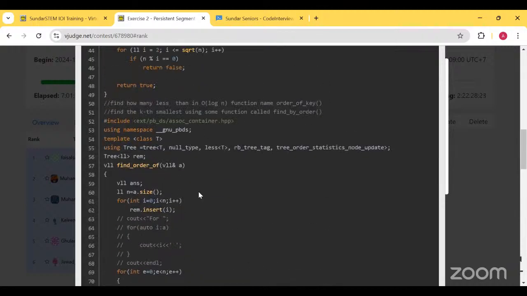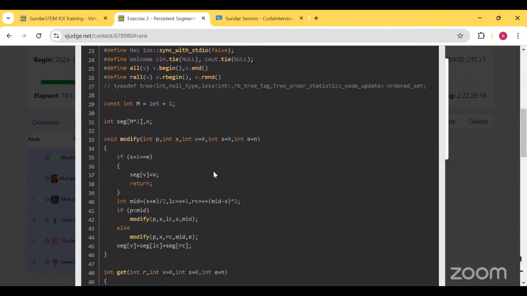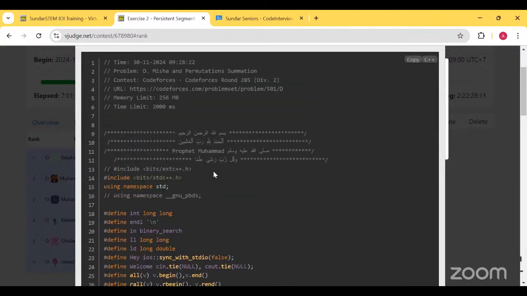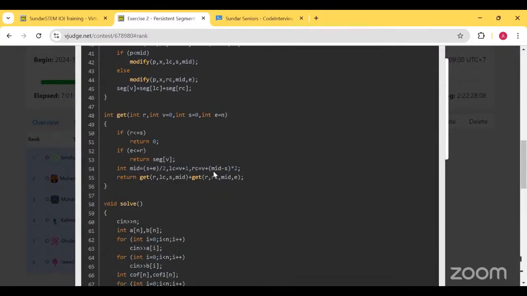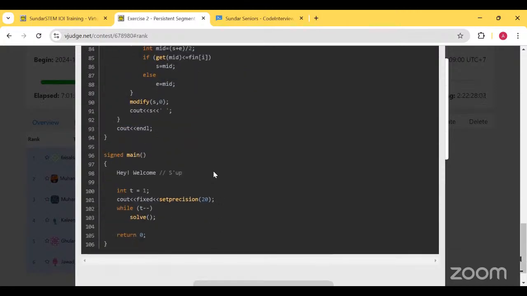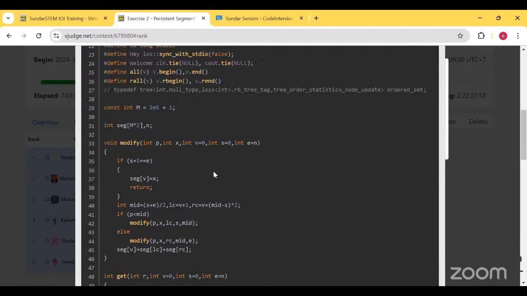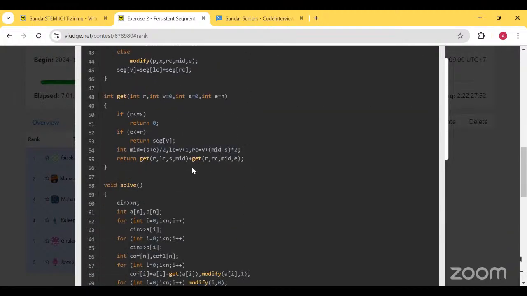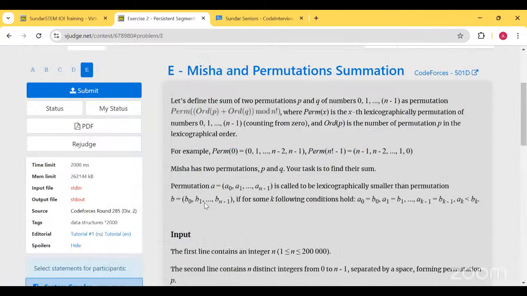Yes, that's also correct. You can use PBDS as well. And actually we can create our own PBDS using Fenwick tree. Is it correct? Yes, we can create PBDS using Fenwick tree